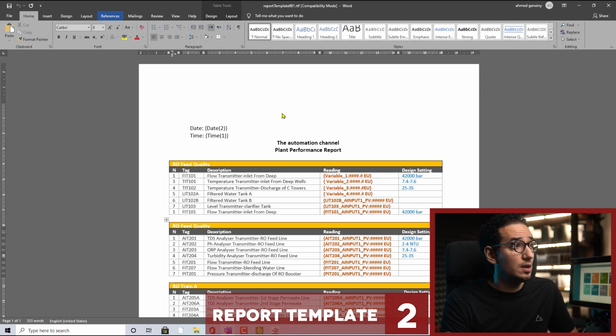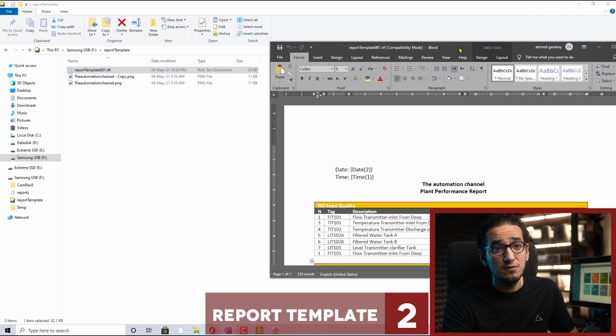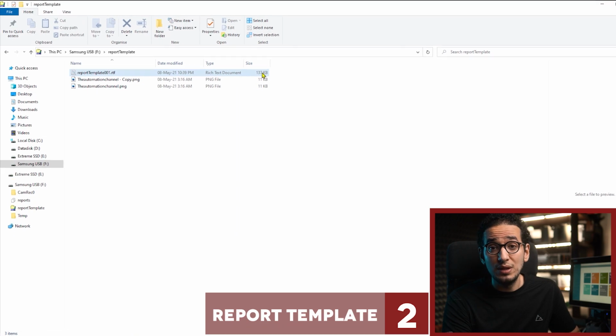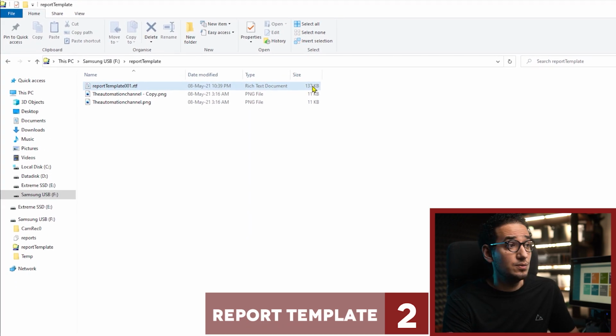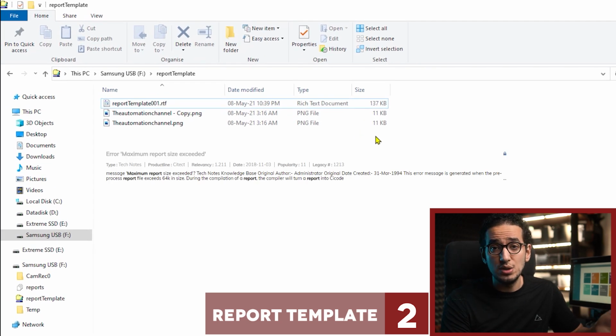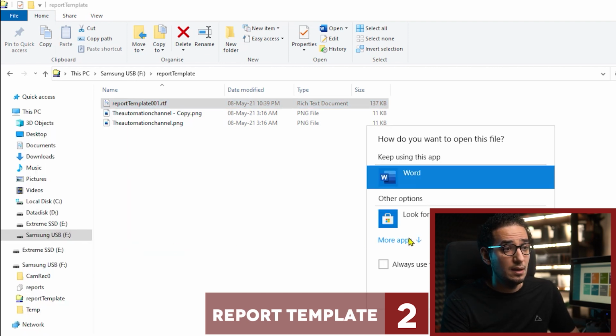And then when I save it, the problem is that you see it's 33 kilobytes. Once I save it with Word, and let me close it first, you see here it has become 137 kilobytes, which is not acceptable by Citect. So it will stop the execution of the report, and you will find a message that the file size is exceeding the maximum. So what we'll do again, after we finish formatting, we'll open the file with WordPad,